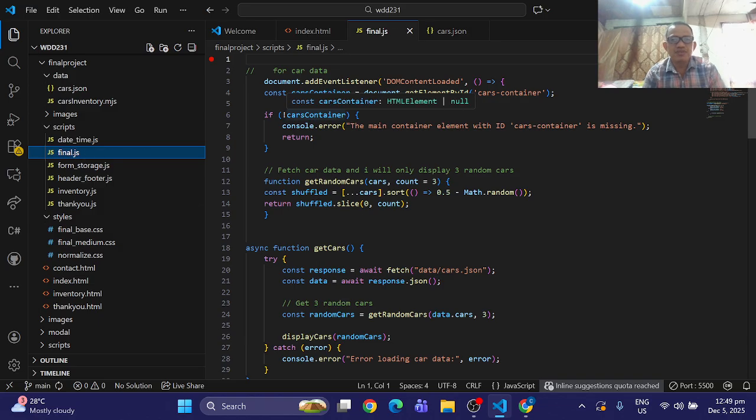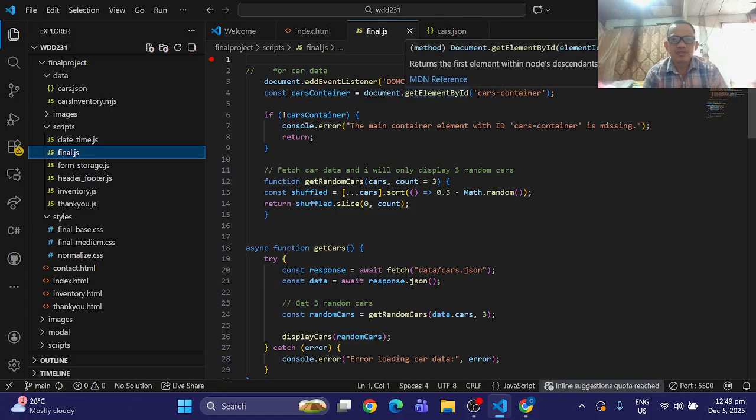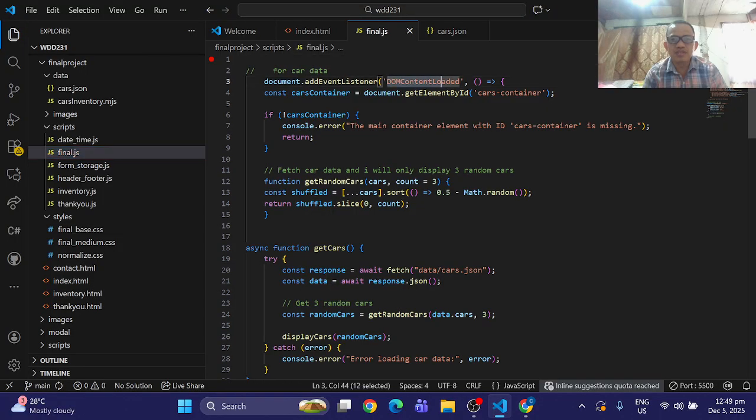So now I am loading the add event listener for DOMContentLoaded. The DOM is very important because it makes the program run all the HTML content first before the JS will run, to avoid errors.